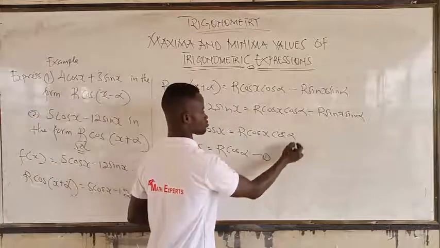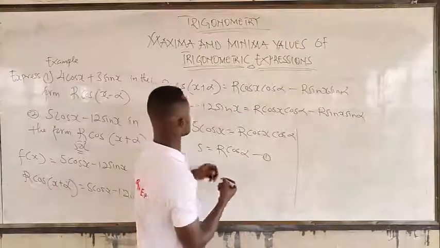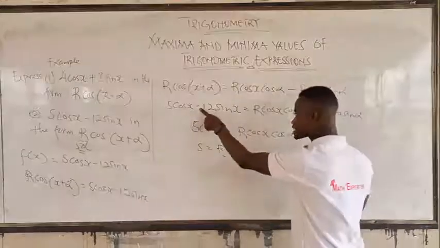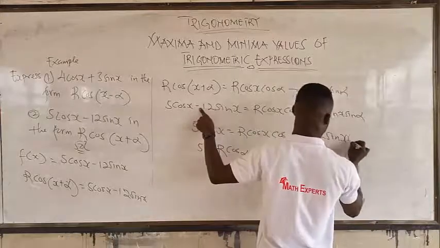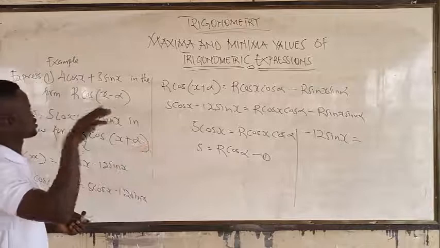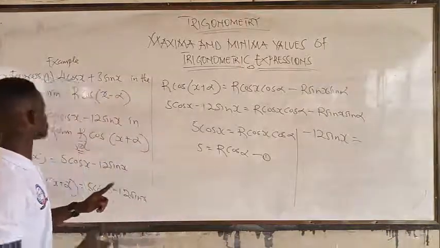That is equation 1. Now watch. Here is negative 12 sine x and not 12 sine x. Be careful for that. It's negative